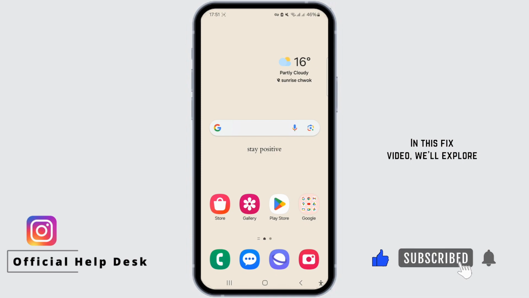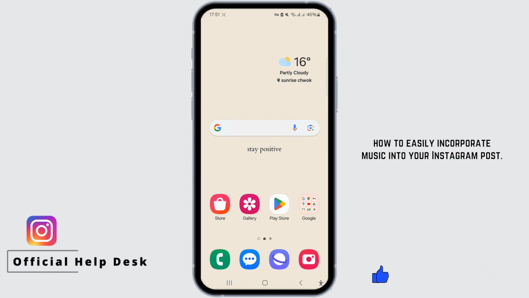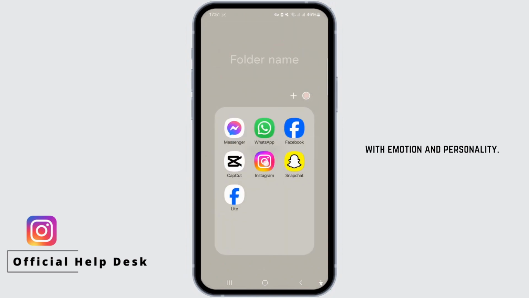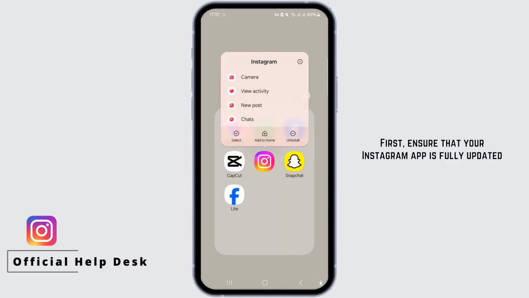In this brief video, we'll explore how to easily incorporate music into your Instagram Notes. Whether you're sharing a personal update or starting a conversation, adding music can infuse your message with emotion and personality. First, ensure that your Instagram app is fully updated to the latest version, as this is relatively a new feature